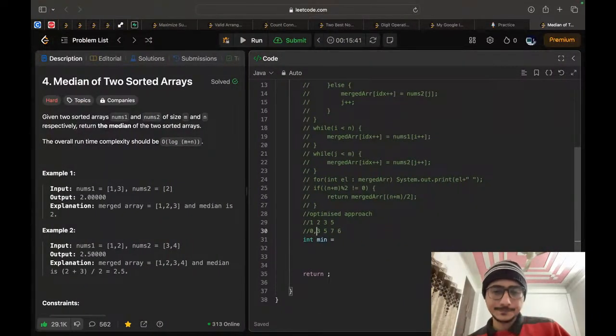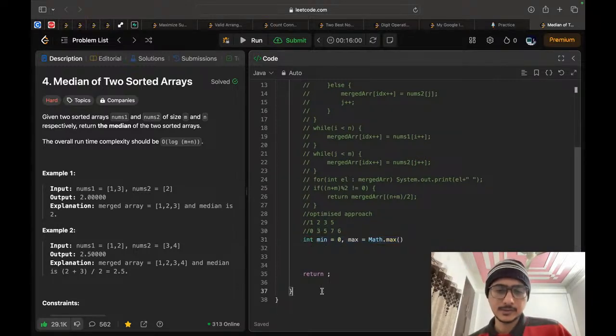Let's see. I can take 0 elements from this array if I want, and at max I can take the maximum of k minus m. Okay, so we need a function